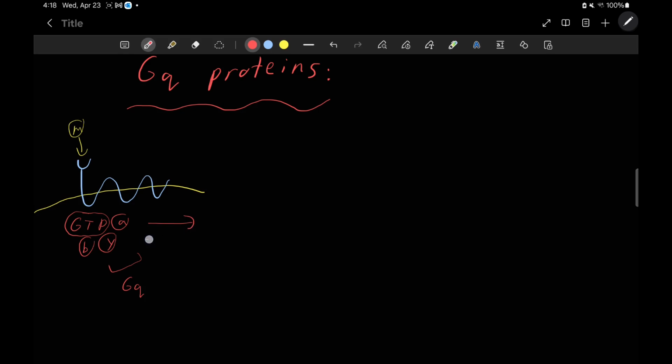So it can split into its two different components, your GTP alpha component and your beta gamma component. And they can go off and activate different enzymes. And your GTP alpha component can go off and activate the enzyme known as phospholipase